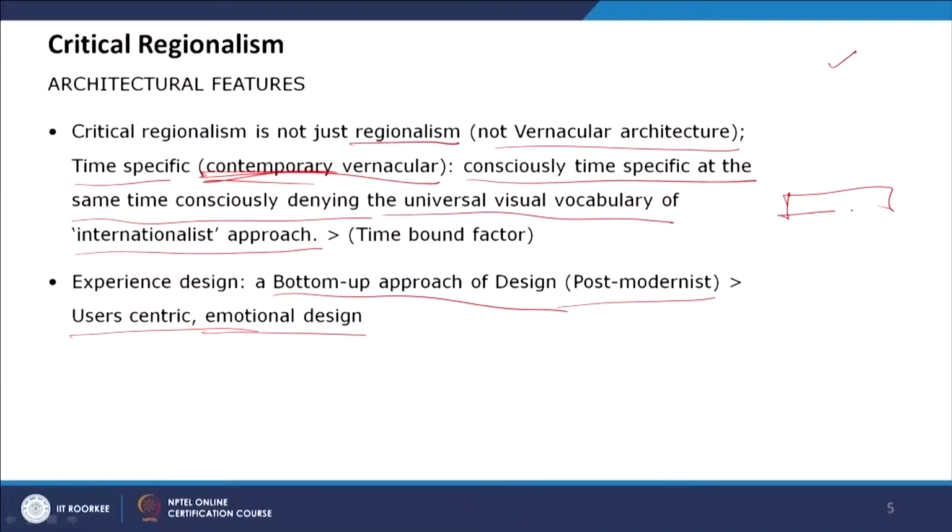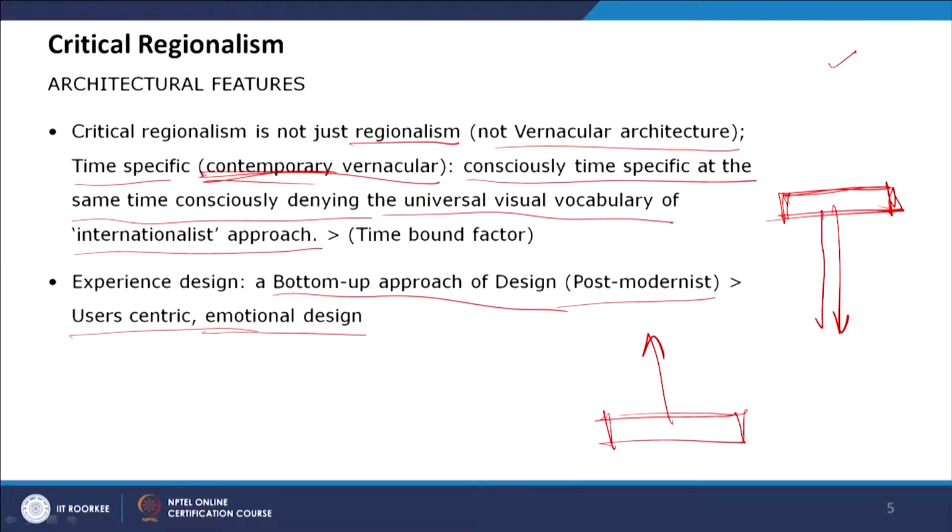Top-down approach is when there's a theory and that comes as a design, but bottom-up approach is when there's observation and then the design. So what happens in top-down approach? There will be a previous theory, like international, like most of the modernist approaches. So there's a previously set theory that this has to be like this. That was there in the internationalist movement. So there was a set design palette, set design color, and a set design principle. That theory came first, and then based on the theory, the designs come on a particular site. What the theory says will be the manifestation of the design.